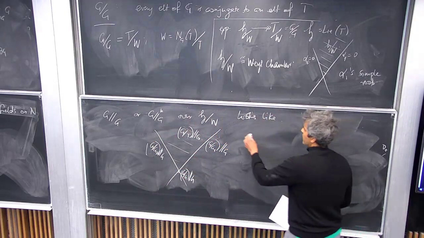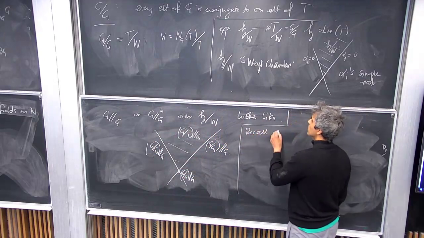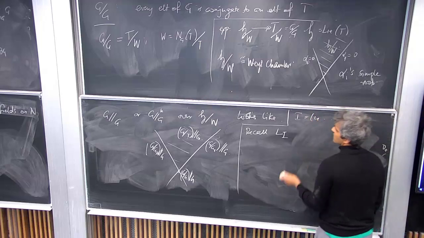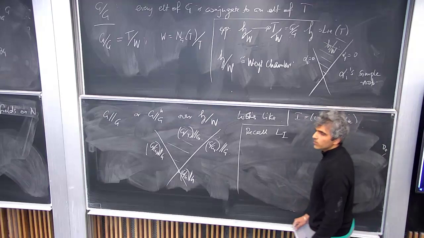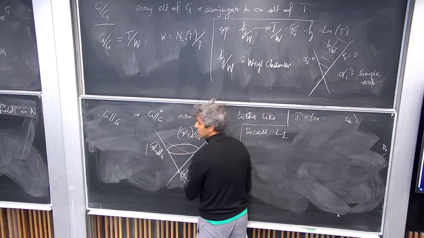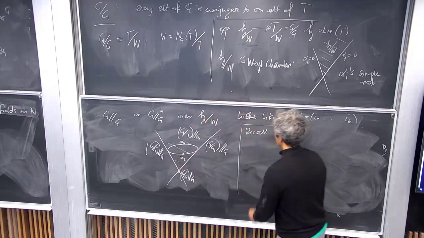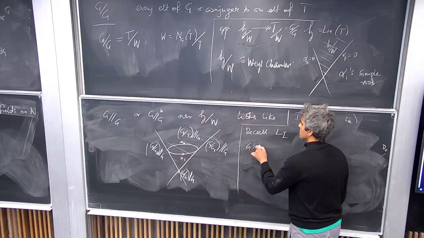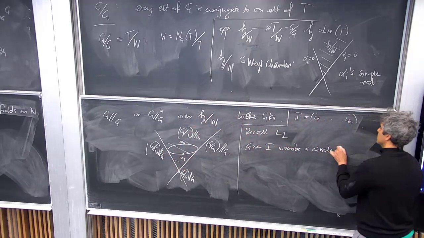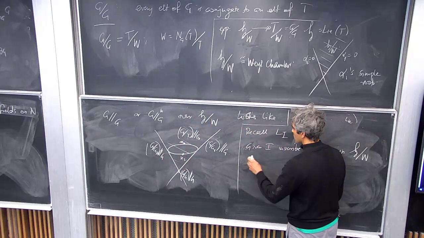Okay, so now I want to get to our space, which we call Li. I was a multi-index. So this was a space Li. Now with this multi-index, what I could do is inscribe a circle in H mod W. So given I, inscribe a circle in H mod W so that